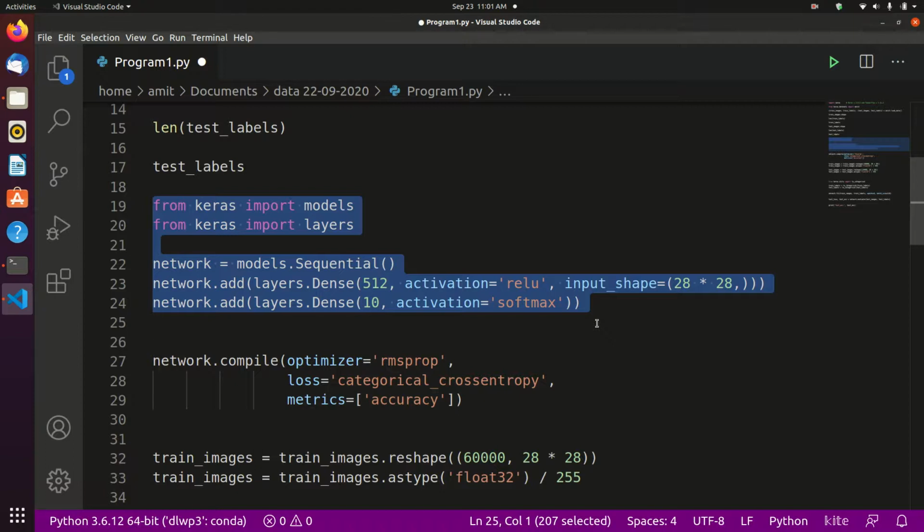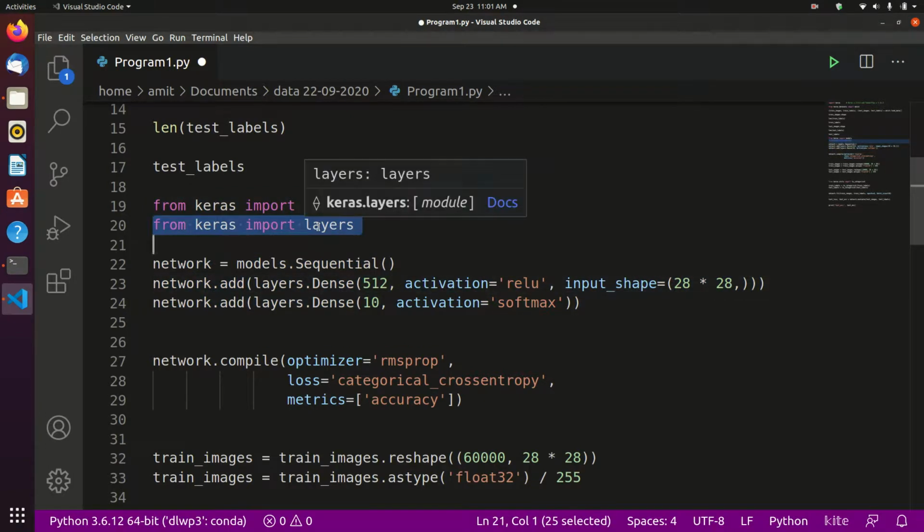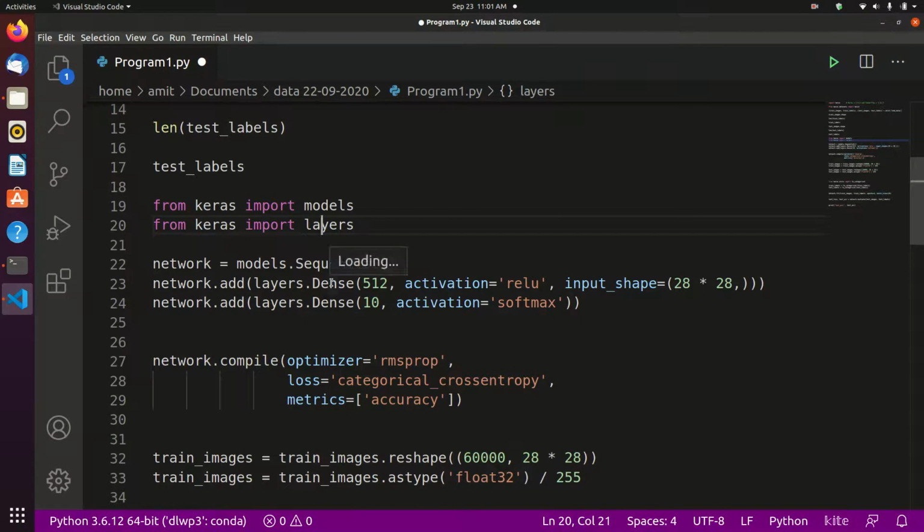Most of deep learning consists of chaining together simple layers to form a progressive data distillation. Here our network consists of a sequence of two dense layers, which are densely connected, also called fully connected.